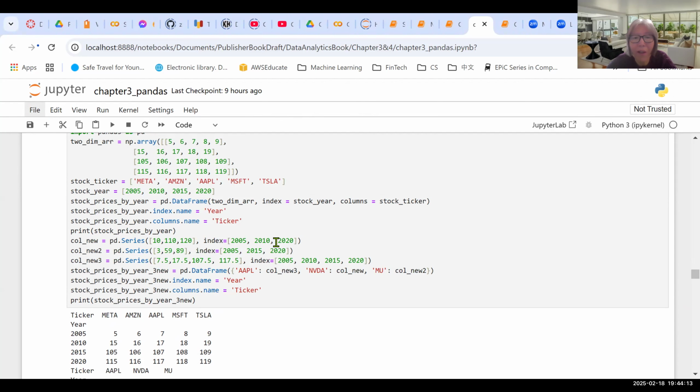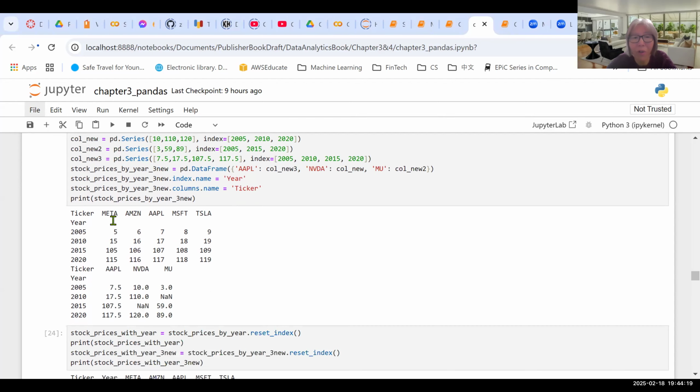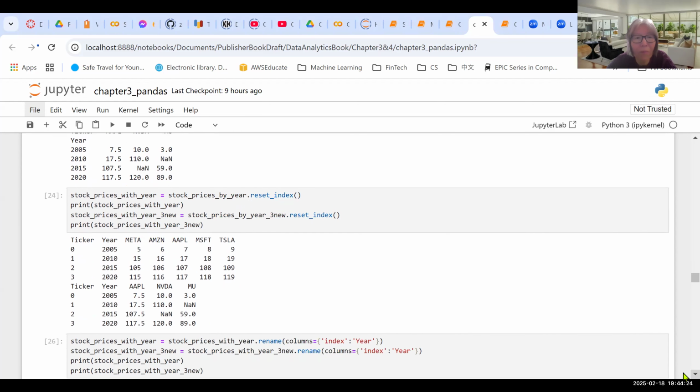So this part is exactly the same as what we previously discussed. We just create those two data frames, okay? And before we move to merge, there are a couple of other things and functions that are quite useful when you do data frame manipulation. One is called reset index. Okay, over here, you see, if we call this stock price reset index, the output, if you take a look,